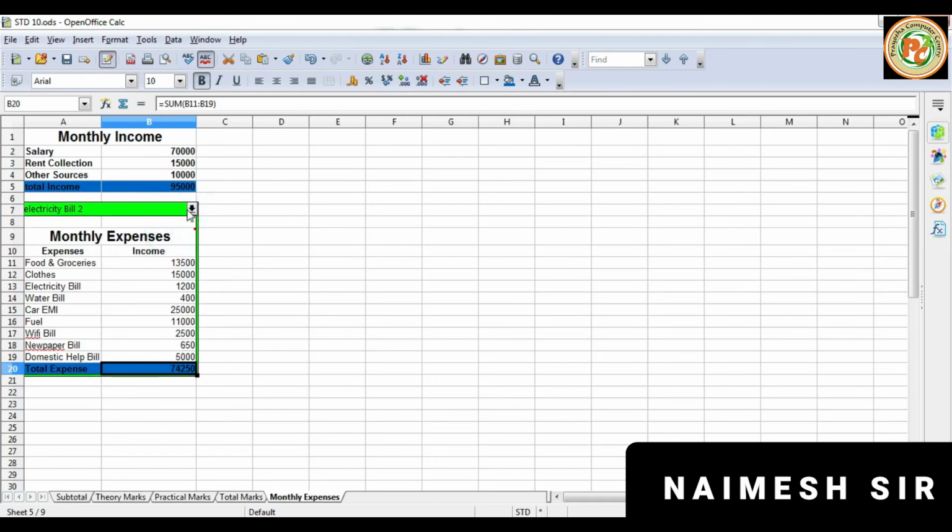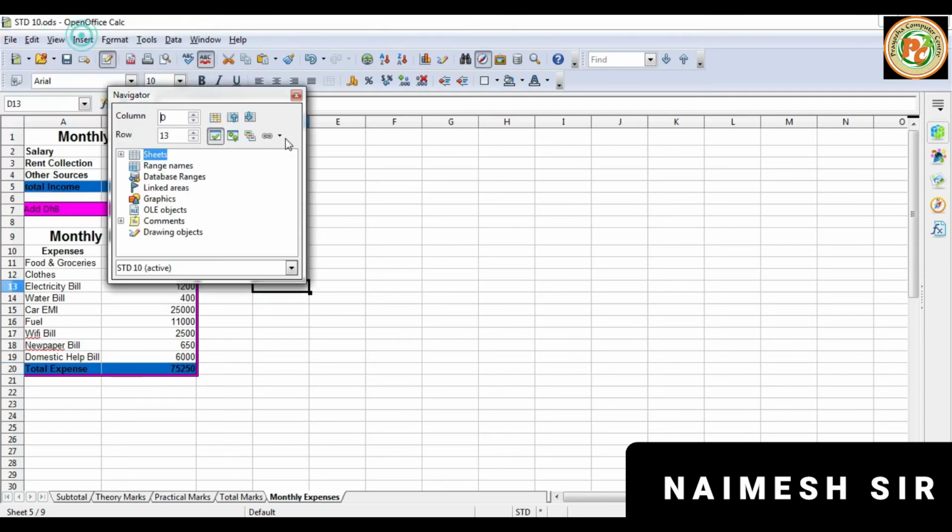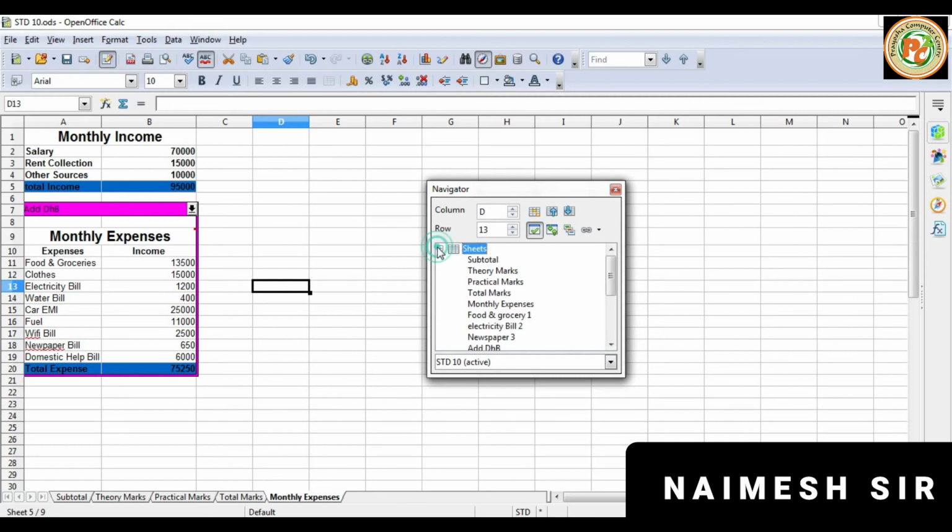Like this you can also create different scenarios, and they will be displayed. But sometimes if you want a navigation button, you can press F5 and the navigation window will appear. Then from the sheets you can click on the particular grocery 1, grocery 2, and all those things. And where you want to put it, you can click on the active sheet, so it will change its values also. If you drag up and down, you can select the particular things also. Got it, students? So this is called the scenario.